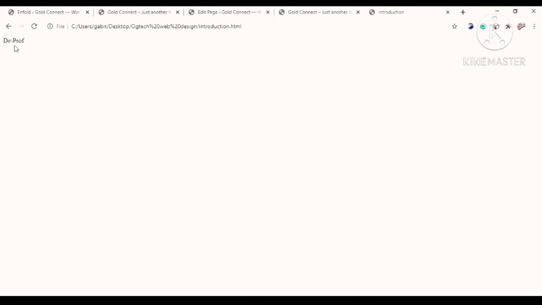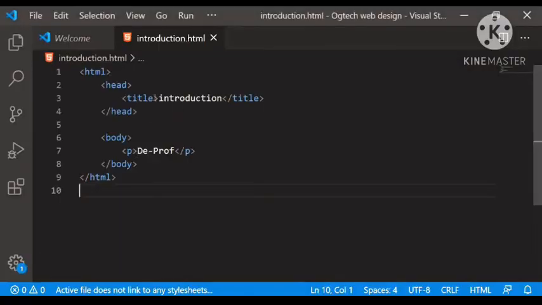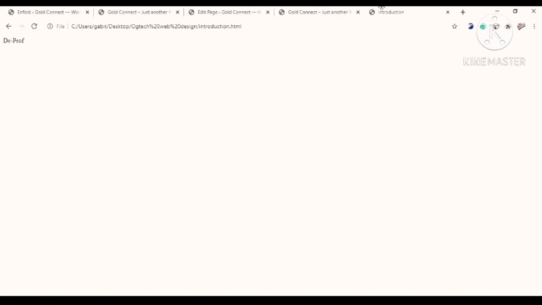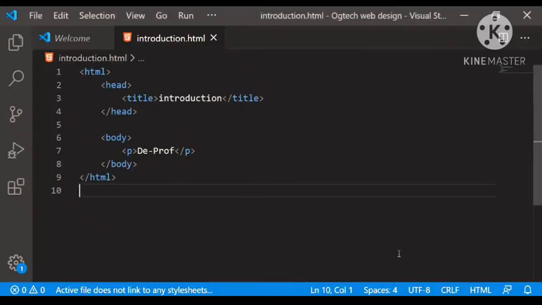Okay, so now if you can see, we have the prof as a name here, because what we have here is the prof. And if you check the title, the introduction that we have here, this is the title, introduction. Take note that this title will be visible only when you are using a laptop or desktop, or probably a tab. But as long as you are using a phone, this title will not be displayed. Is that taken? Yes. Alright, so the next thing I want to show you,